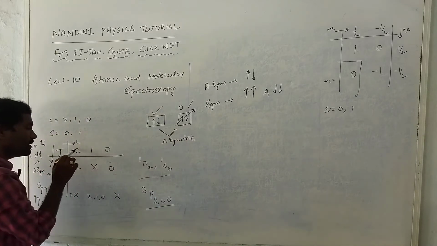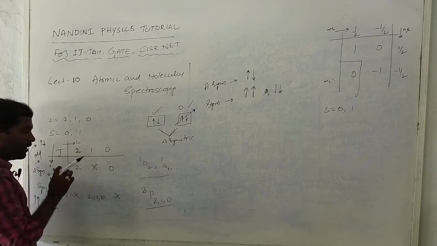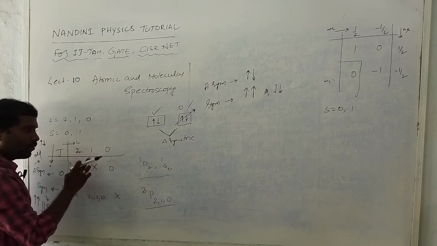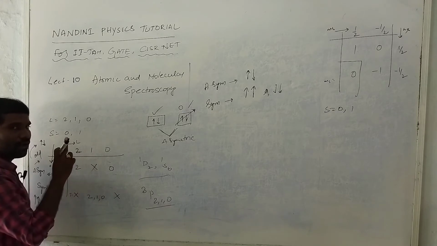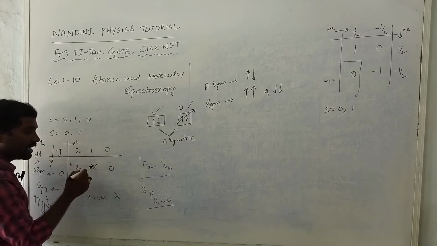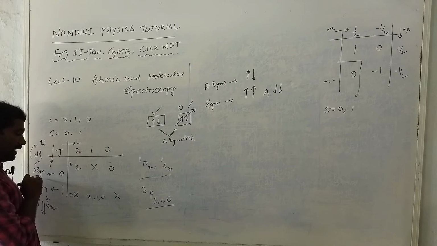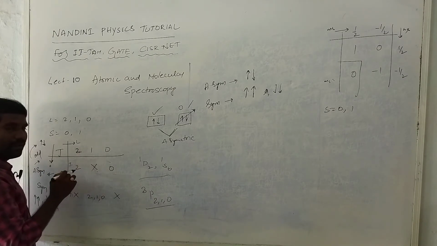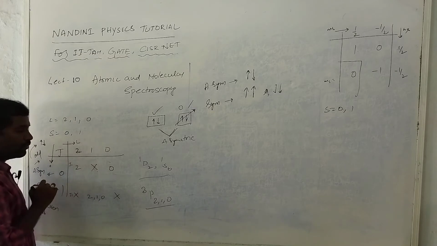So here we come to see 2 and 0. So 2 is also one up, one down. So this is an antisymmetric function, and this is only one electron. One electron means it is either up spin or down spin. So that's why this antisymmetric function did not explain this state. That is the reason why I put the don't care condition.